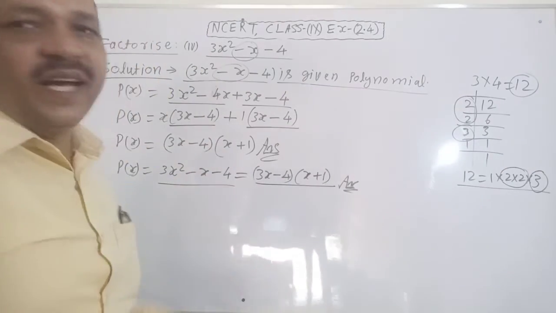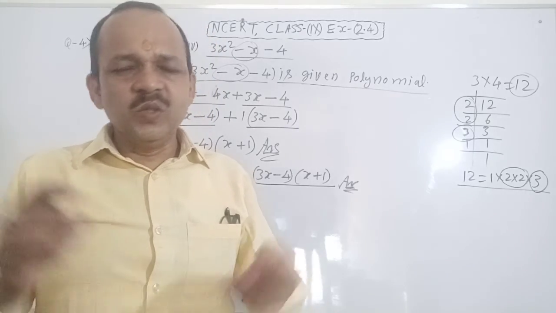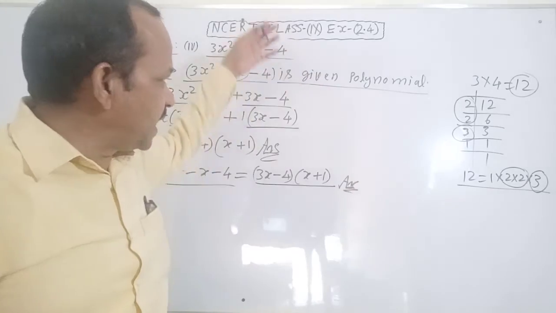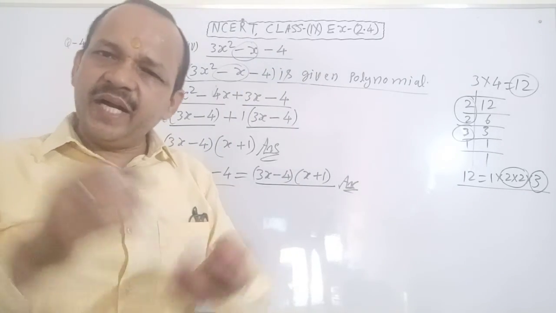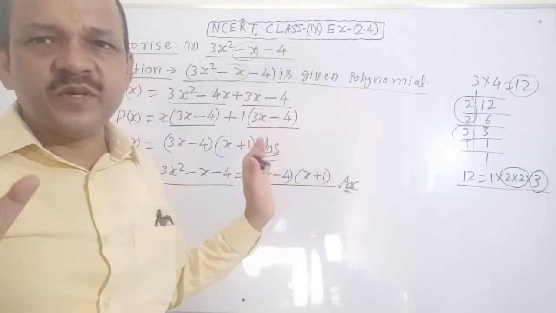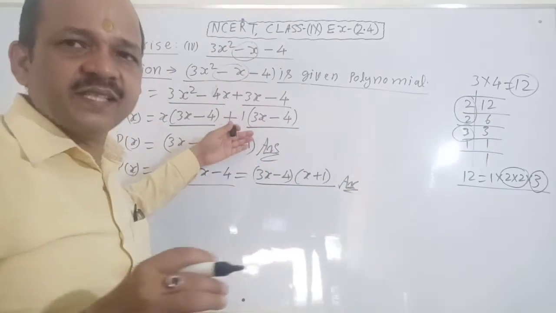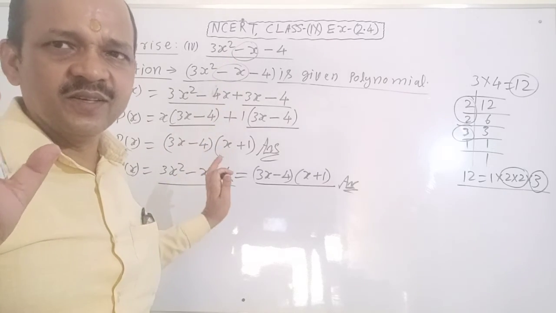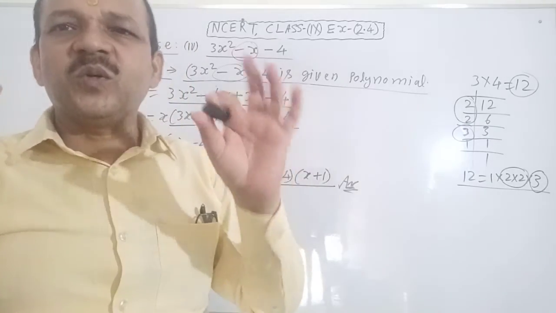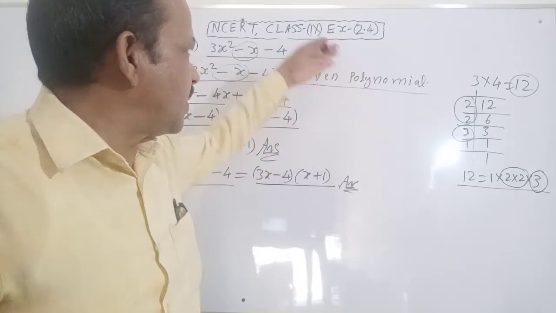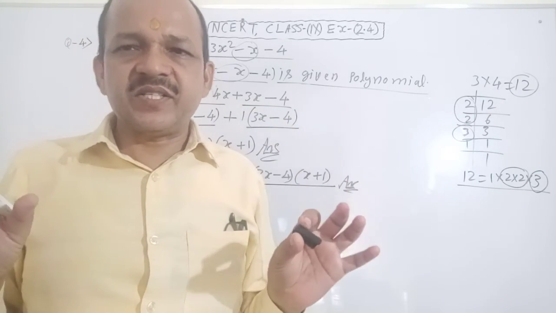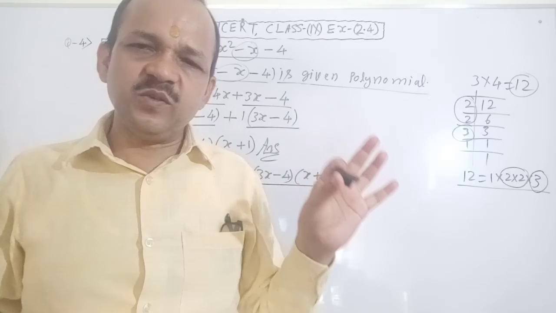You factorize very easily. You solve your question very easily. In this way you can solve any question. You can factorize any polynomial. Is my word clear? No confusion about it? Very good. It is easy? It is clear? No confusion about it? Very good. You can solve any question very easily with the help of this solution, by the factorization method. Clear? No confusion about it?